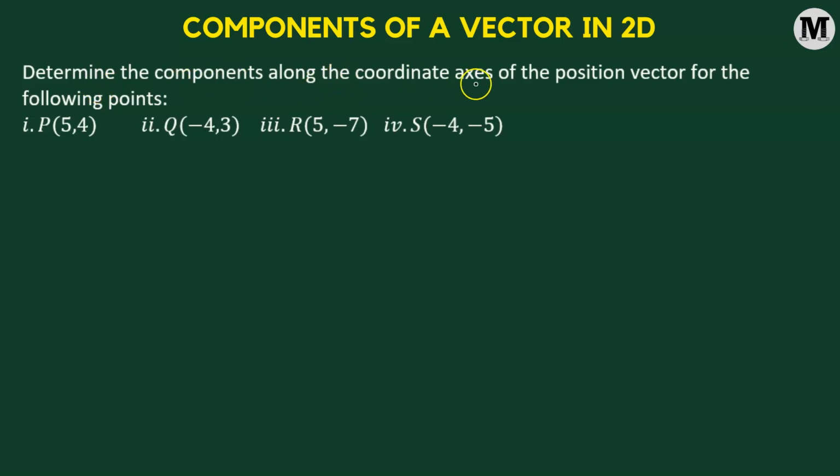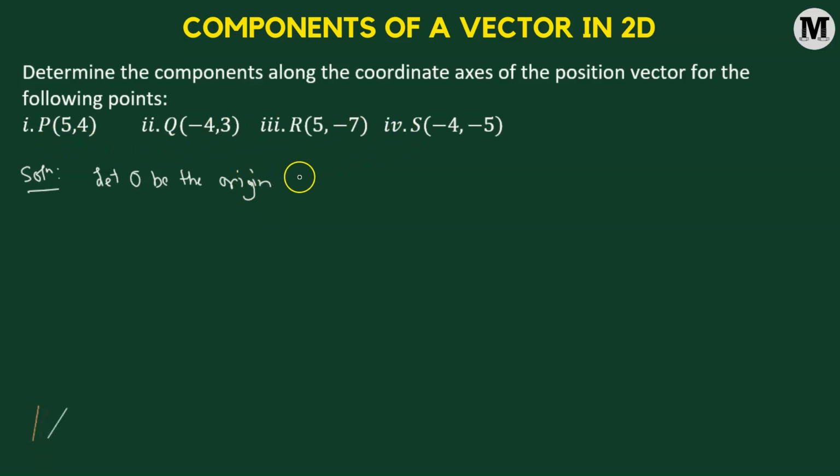Determine the components along the coordinate axis of the position vectors for the following points. Okay, let us begin. First, we'll consider an origin O. So let O be the origin. This is going to be the origin of some coordinate system with respect to which we are measuring points P,